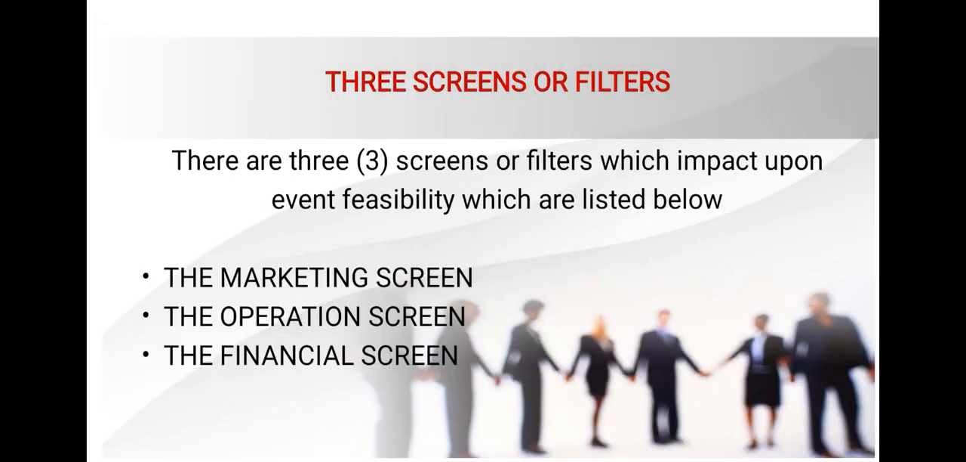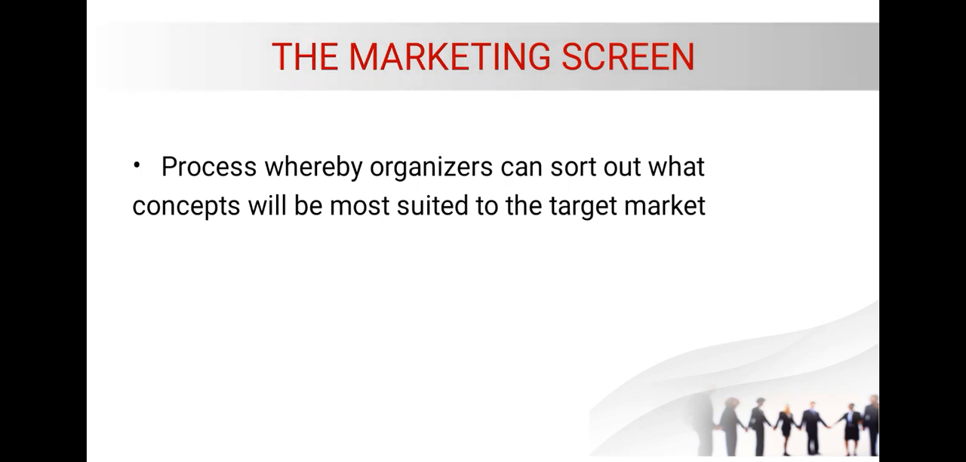So there are three screens or filters which impact upon event feasibility, which are listed below: the marketing screen, the operation screen, the financial screen. So the marketing screen is the process whereby organizers can sort out what concepts will be most suited to the target market. So, ito yung process kung saan pwedeng ayusin ng organizer kung ano ang mga concept na babagay sa target market mo, which